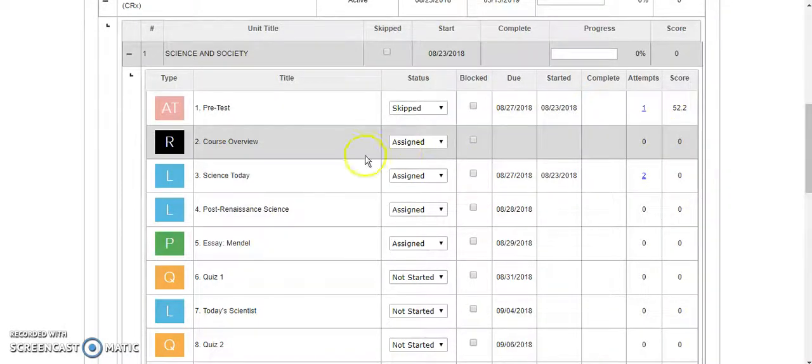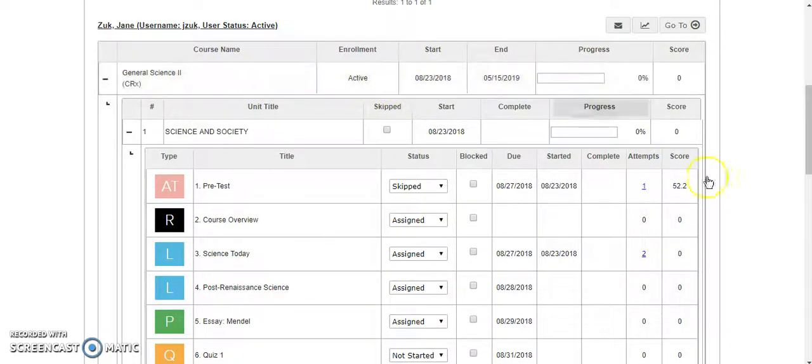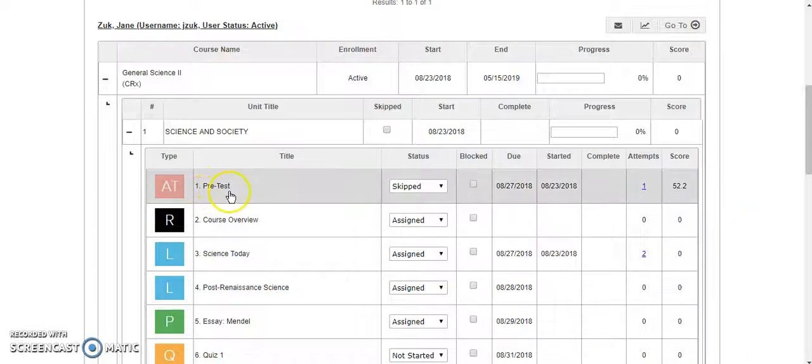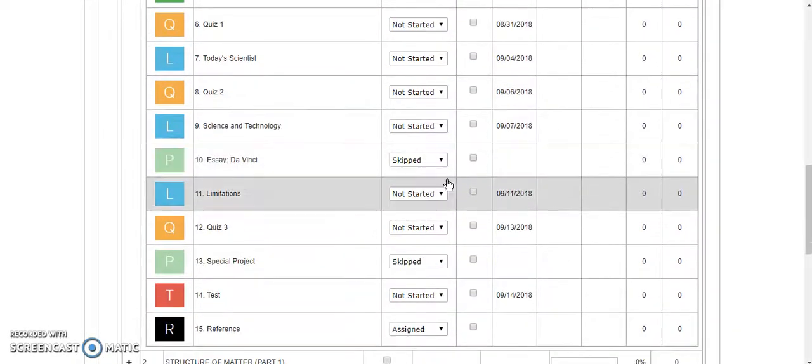I did also want to point out what this CRX mode means, because several of your students, for some reason or another, are in CRX mode in their course. At the beginning of every unit in CRX mode, or prescriptive mode, they're going to have this pre-test.